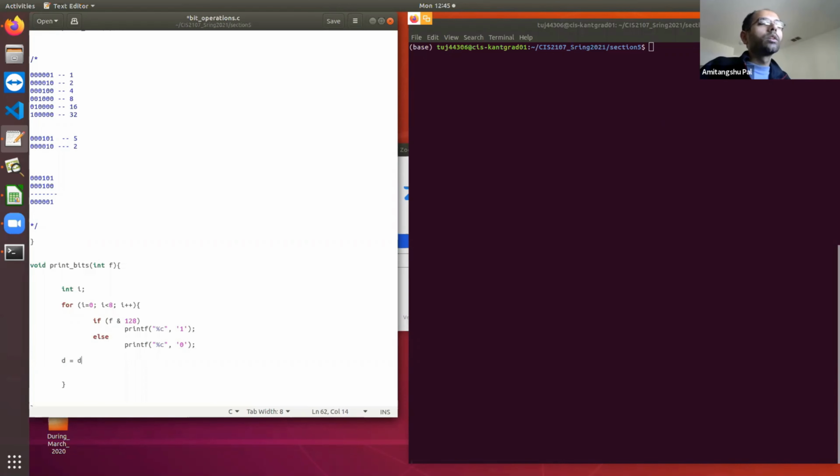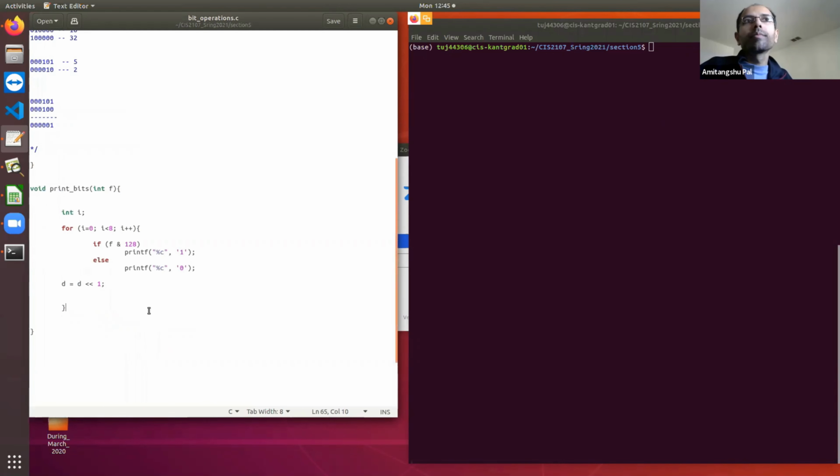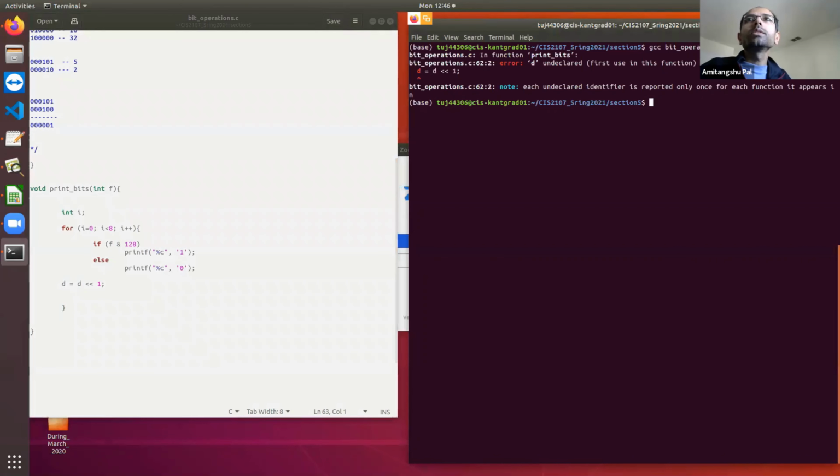Then I am left shifting by 1 position. Here, if you notice, I have used two bitwise operators, bitwise AND and left shifting. I'm going to explain this in a minute. Let me first run this and check whether it is indeed running or not.